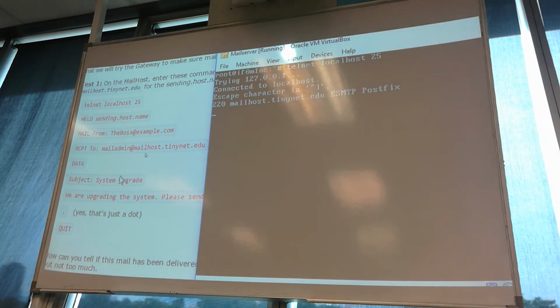So I'll say hello, be the example.com mail server. It says you're talking to me, mail host, and mail from sys at example.com,